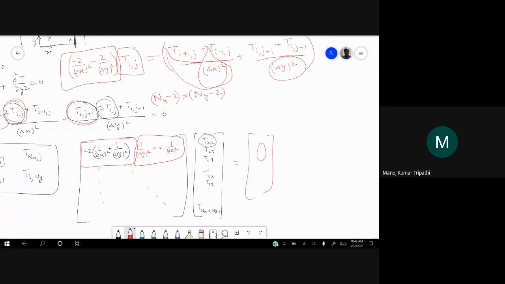These are the number of equations that we have, leaving out the top, bottom, left, right layers on which we know the temperatures. Out of these many equations, how many equations satisfy this strict inequality? Any idea?